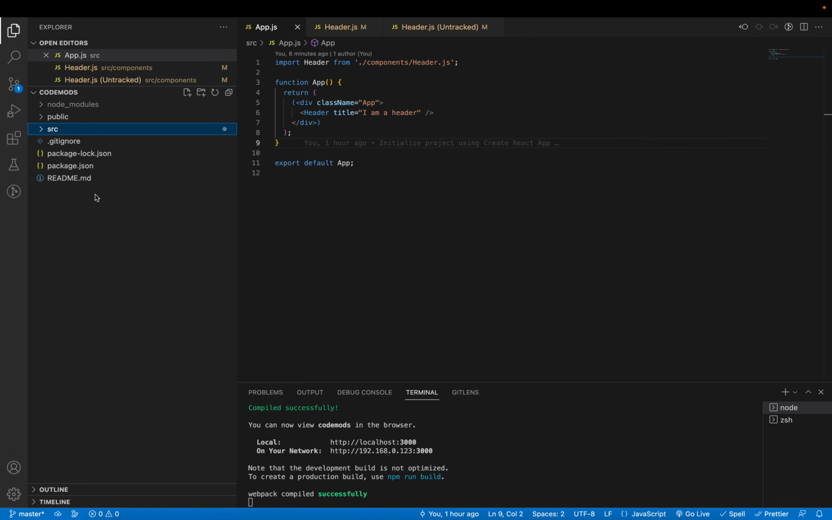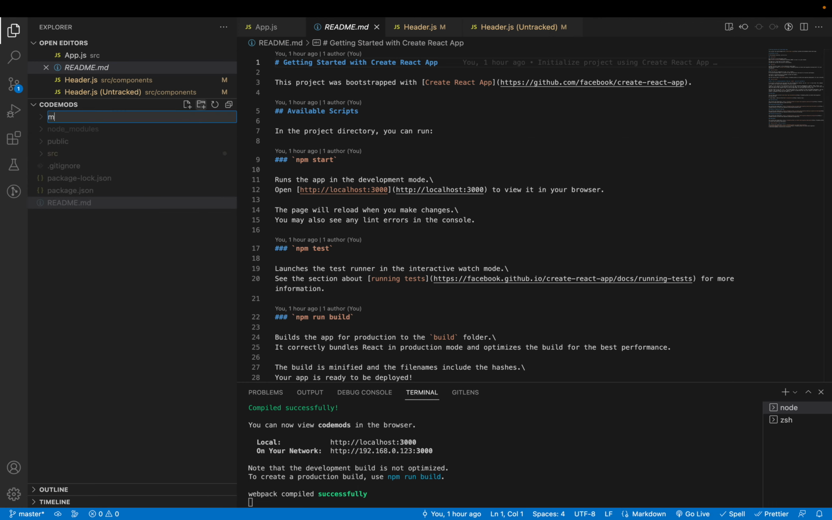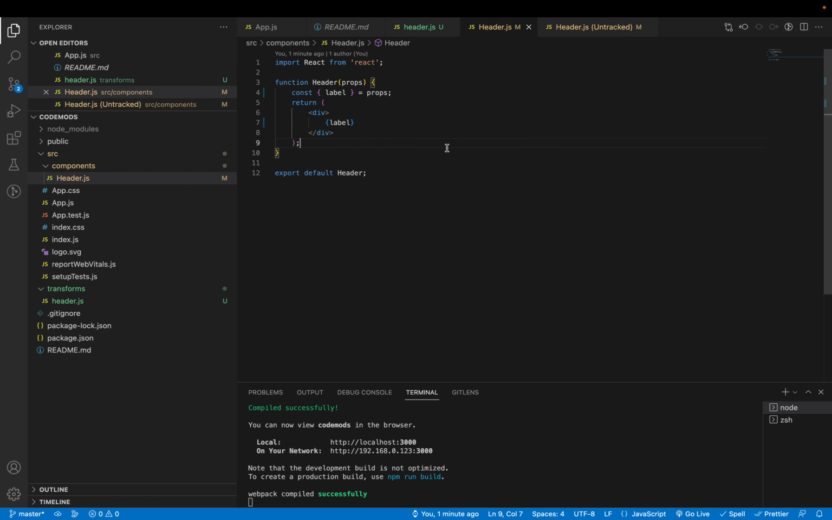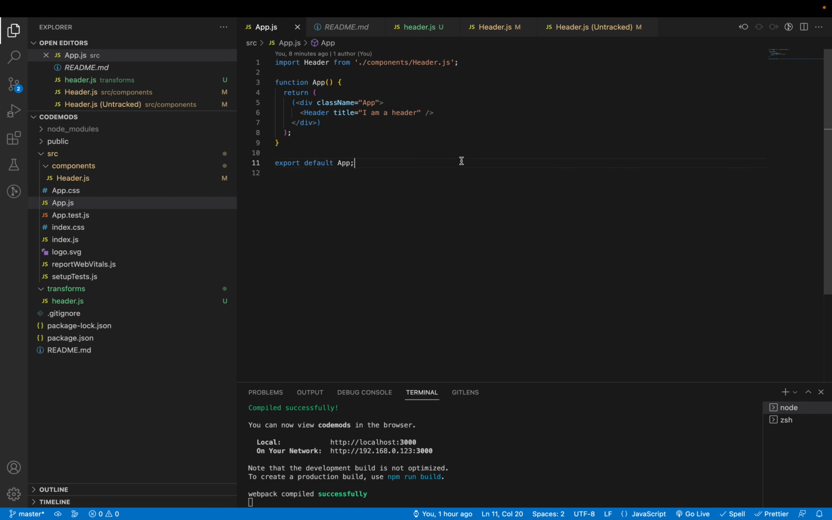So what I'll do is I'll go ahead and create a folder called migration, or let's call it transforms, and in here I'll add a file for header migration, but I'll just call it header.js. Okay, now let's grab this sample code which we want to update,